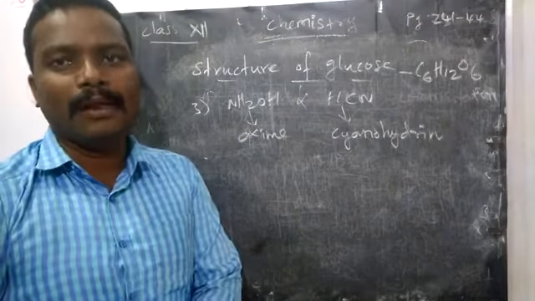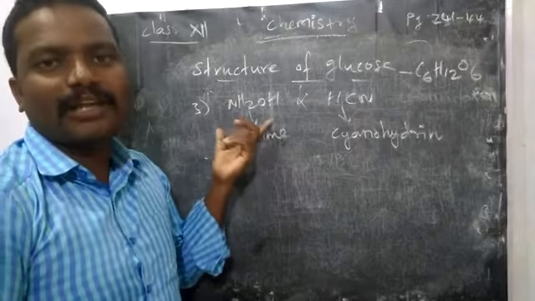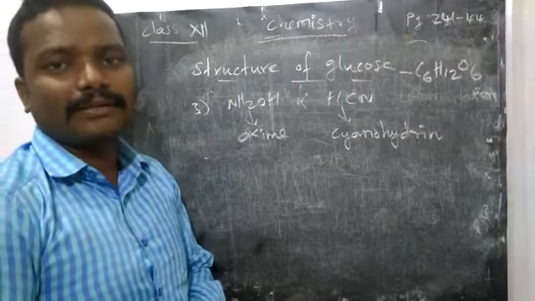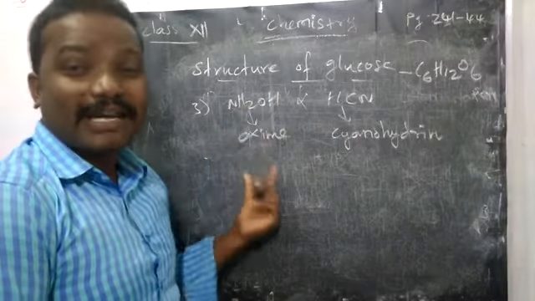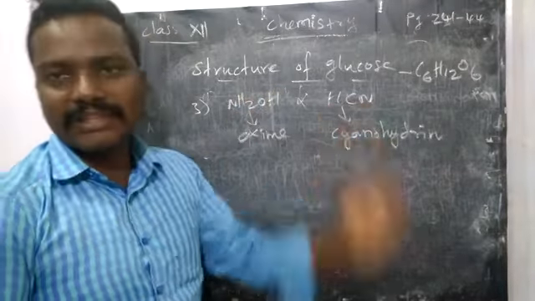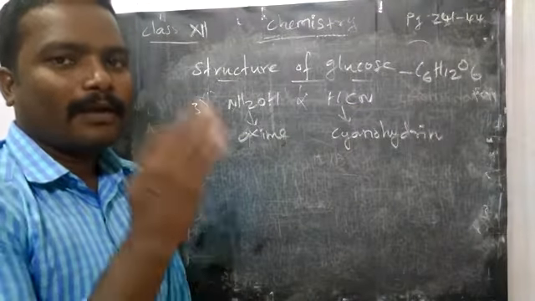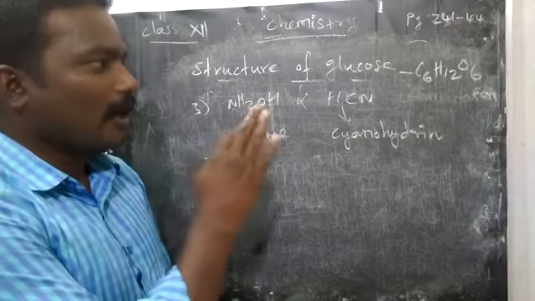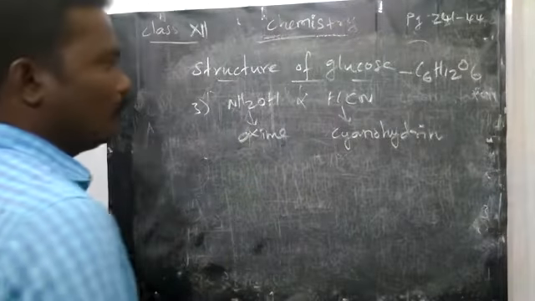is present, because aldehydes and ketones will react with hydroxylamine. Already we have studied that in the 12th lesson. Aldehyde and ketone compounds will give an oxime product with hydroxylamine and a cyanohydrin product with hydrogen cyanide. From that we can confirm glucose has a carbonyl carbon, C double bond O. The reaction we can also see now. What is that?